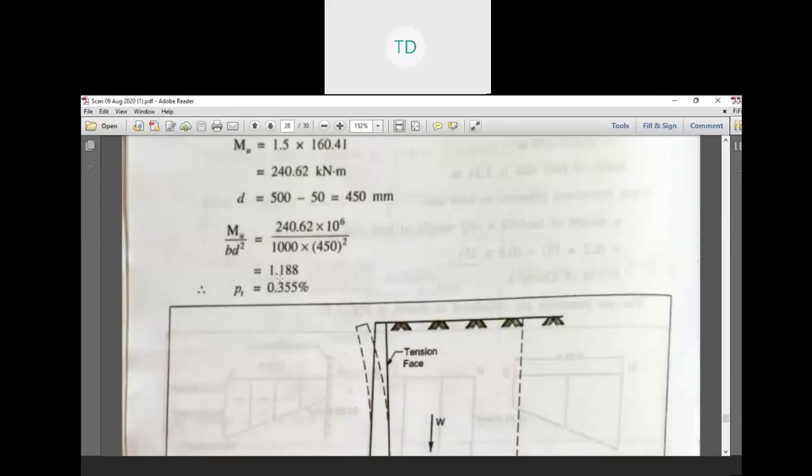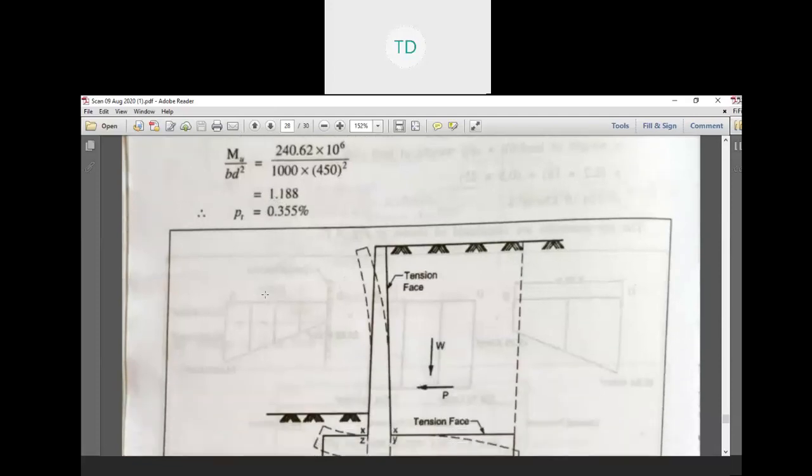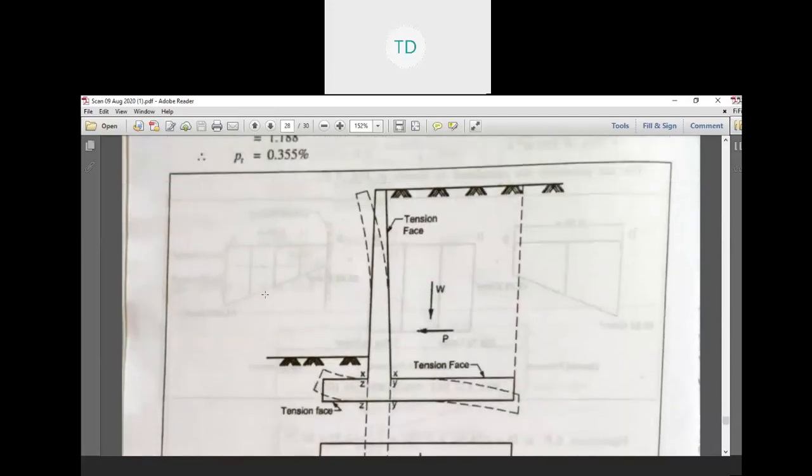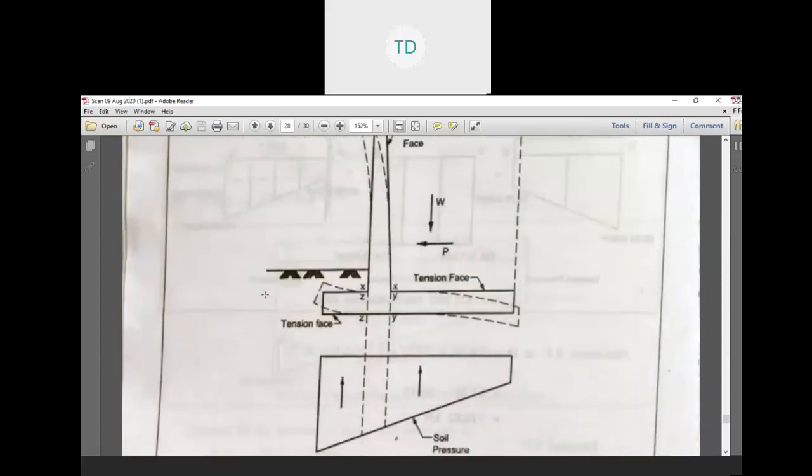From IS 456 we get the percentage of steel equal to 0.355 percent, and Ast is also calculated by the equation